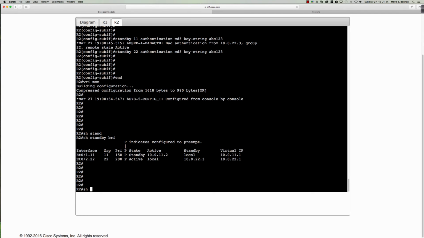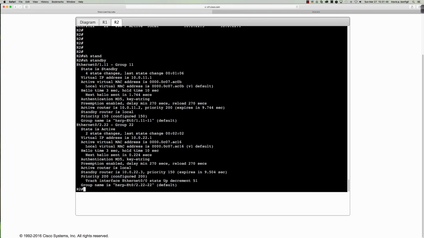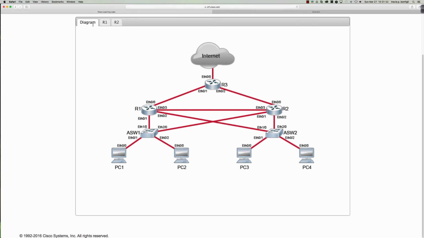So let's go ahead and say show standby. And you can see that everything looks good. So now there's one outstanding task, and it was talking about suboptimal forwarding. Let me check really quick to see. I believe that